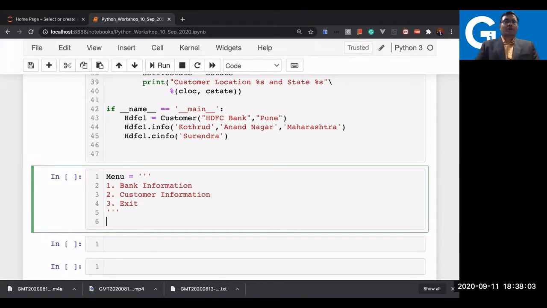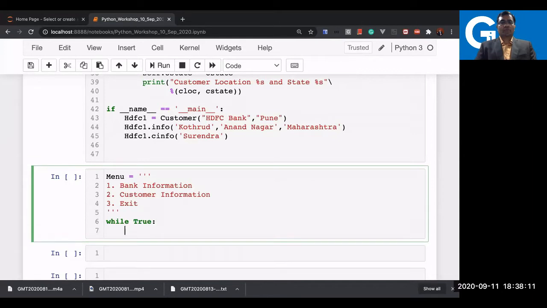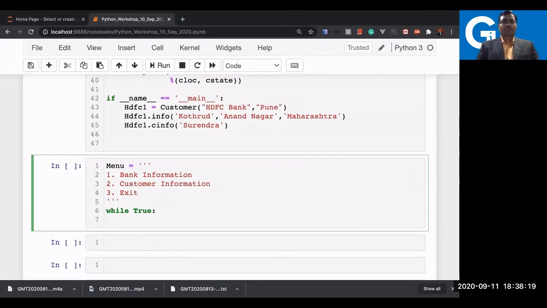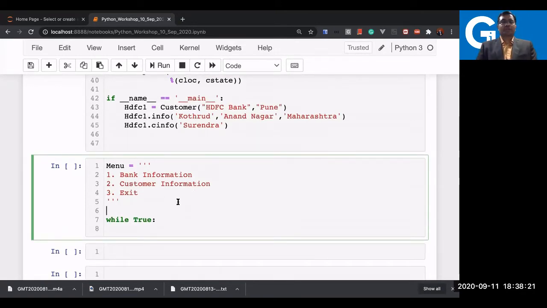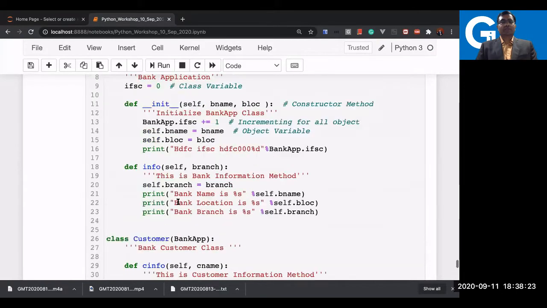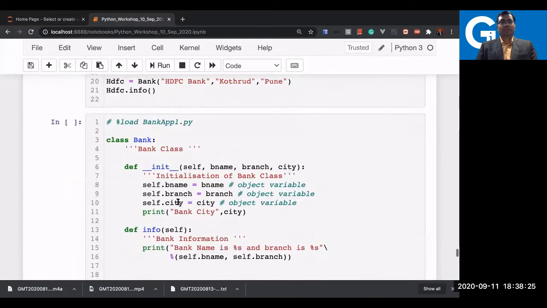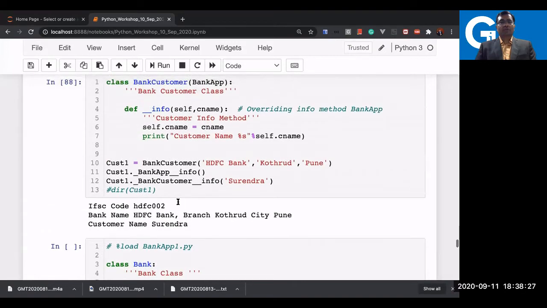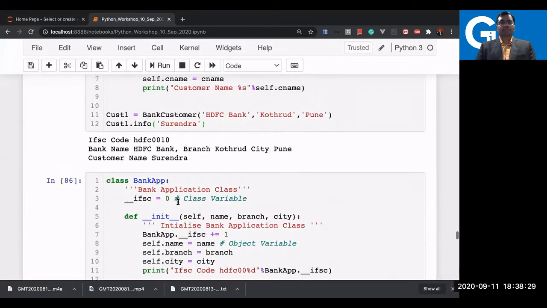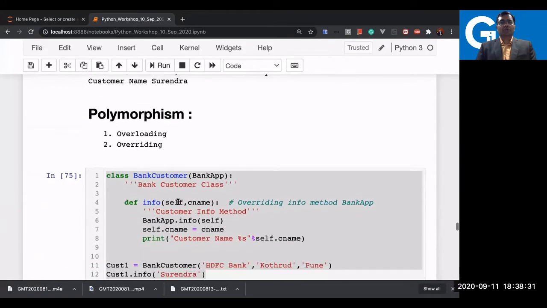So how to write now, how to call this and where to call it. So here I'm writing the condition now, while true. In this case, just try to access this particular bank data now. So let us create an object also. The object is something which we already have. Let me take the example which we just wrote, right? I will use the same example which we wrote now. That is related to the bank here.